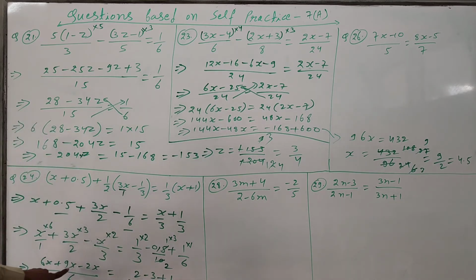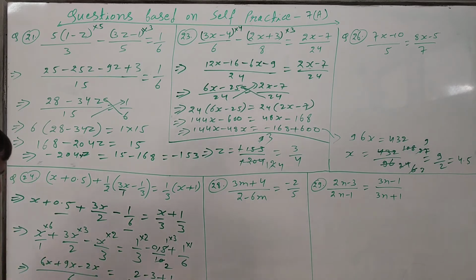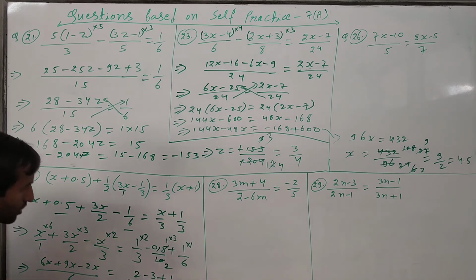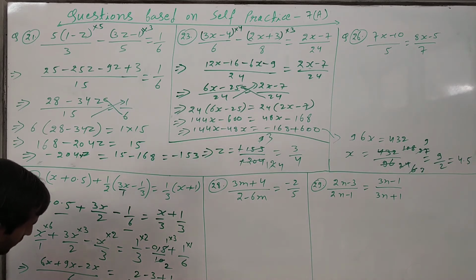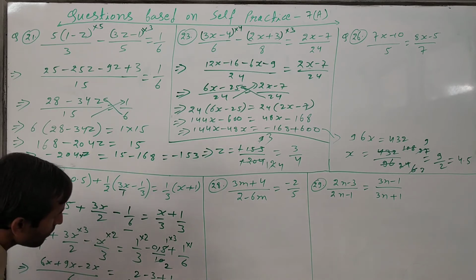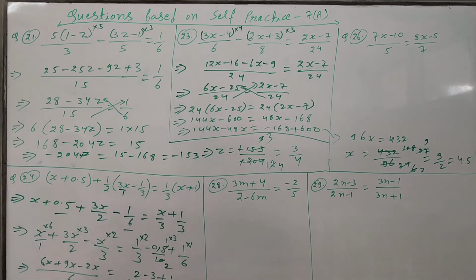Okay. Now just add here, 15 minus 2. It will come 13x upon 6, and here just these both are 3, means 0 will come. 0 upon 6, then it will come 0 only. Okay. So now cross multiply, then x will become 0 only. So the final answer is 13x is equal to 0 into 6, then it will come 0, and then 13 will divide there. So x is equal to 0 upon 13, then it will come x is equal to 0. This is the final answer. Okay, x is equal to 0 only in this question.